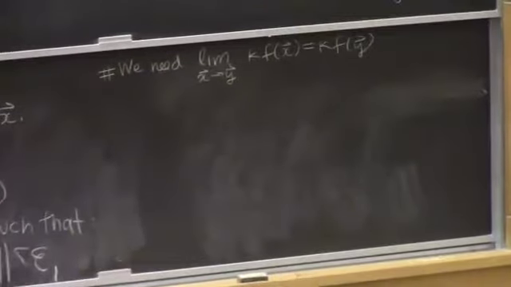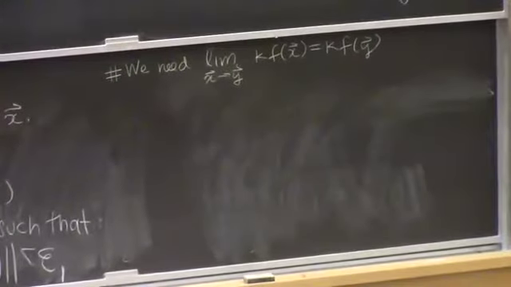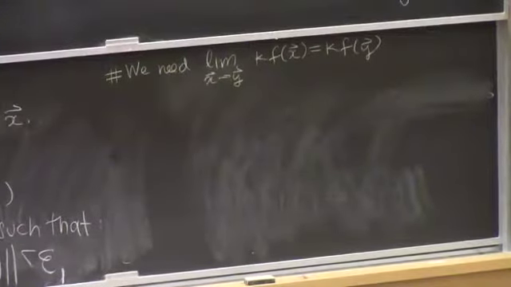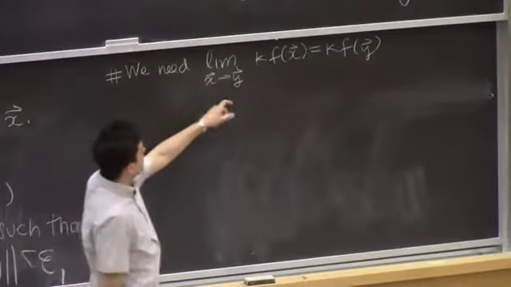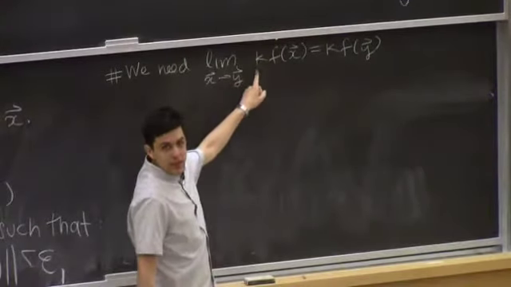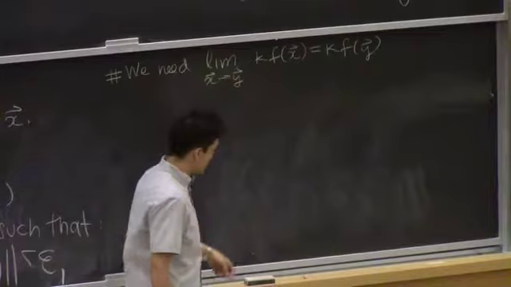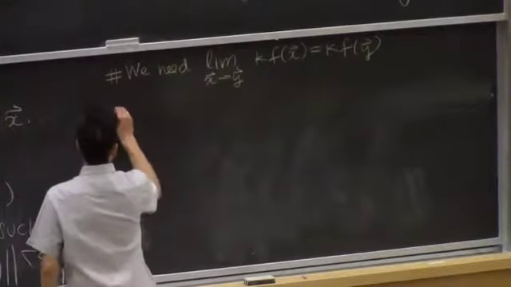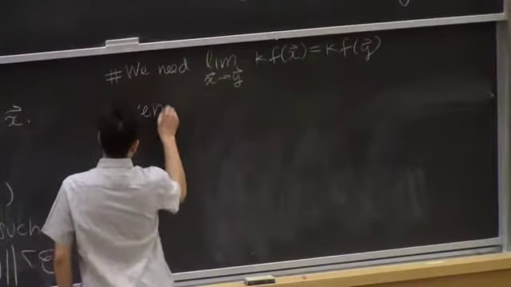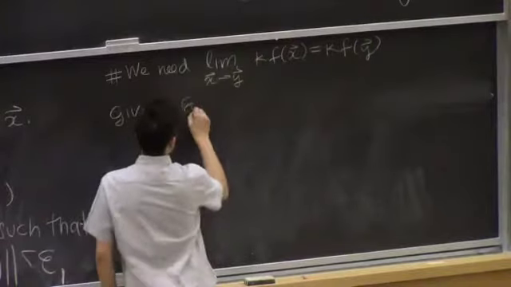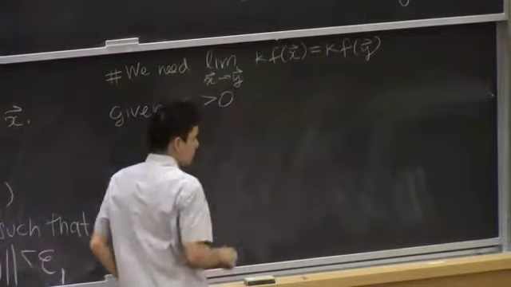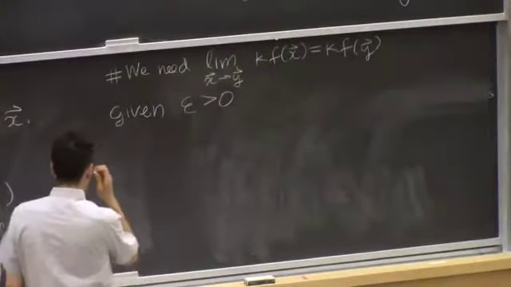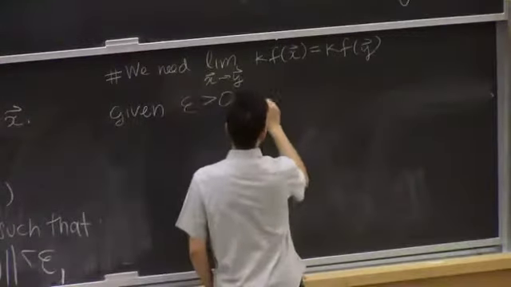Our goal is to get that k in there somehow. So we need something involving k. What we need to do is talk about the delta epsilon argument where there's a k involved. So we're going to say, given epsilon bigger than 0, pick